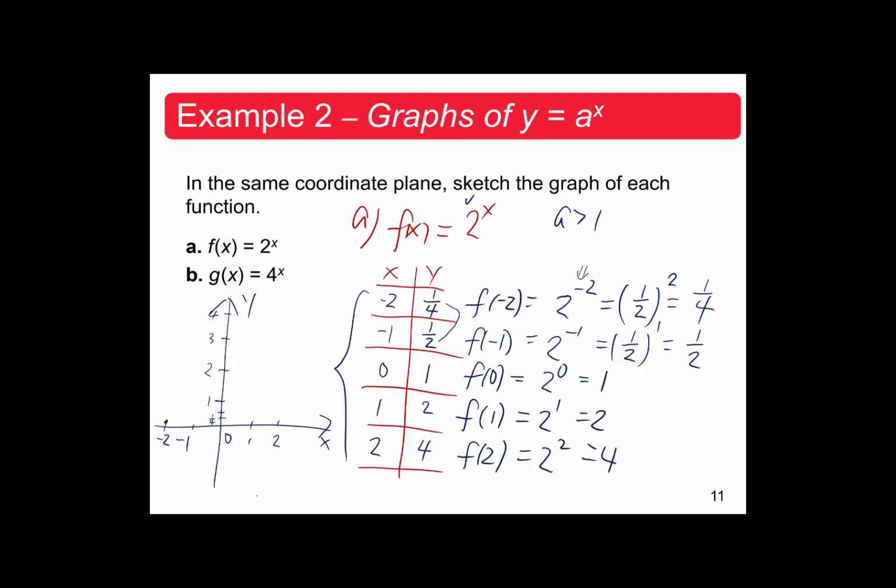Let me use a different color to identify different points right here. So this is the first order pair, and the second order pair, half. So this is half. It's right here. And then 0, 1 right here. 1, 2, and 2, 4. And then once you connect all these order pairs with a smooth curve,